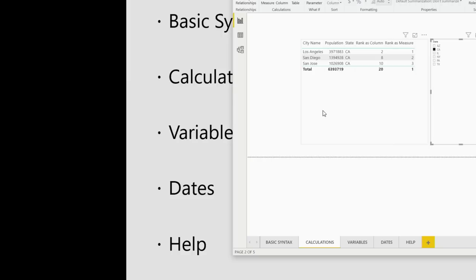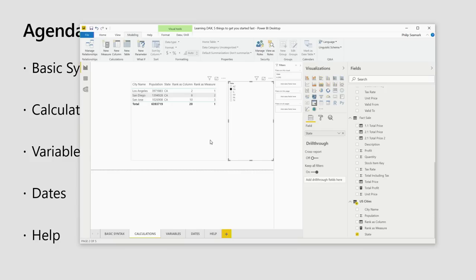But just bear in mind that if you put too much stuff into your calculations, you make them really slow and overload your report, then there's going to be a time cost, a resource cost when your end user's using it. So if you can do stuff with a calculated column, good, but we'll go with that. So